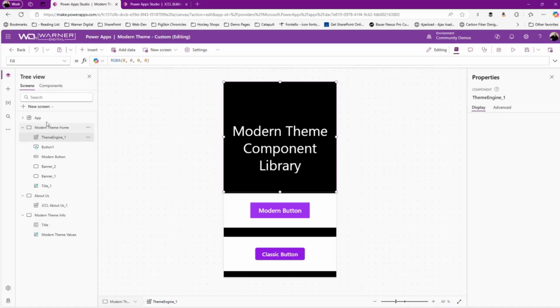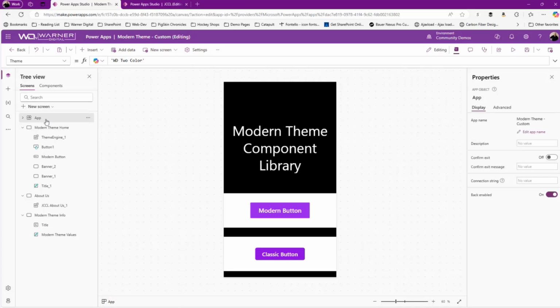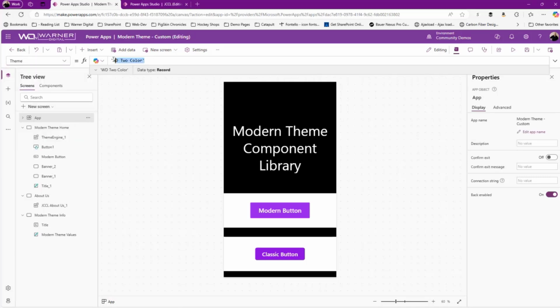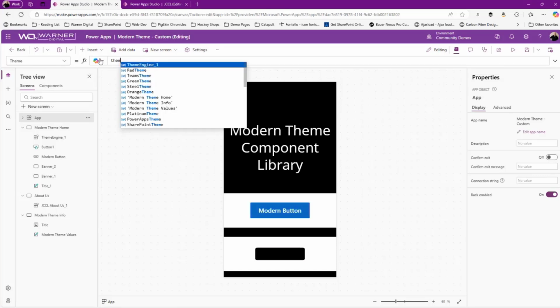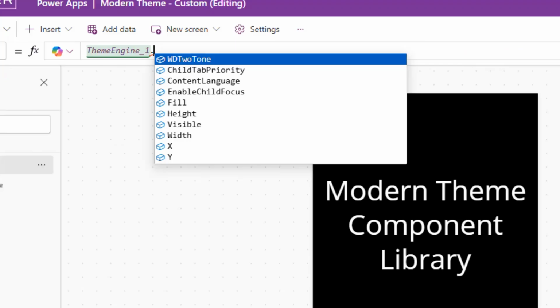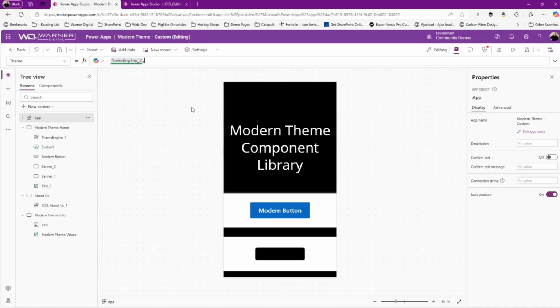So now what can I do? I come over to app and I come over to theme right here, and I can go theme engine dot, and look what I have access to. Theme engine 1, WD2 tone, right? And now before I've done that, look what happened. Down here, my buttons got kind of wonky, right? Because I don't have a theme actually being applied. This is like an error right now. So it's like, I don't know what color you want. But as soon as I finish this out,